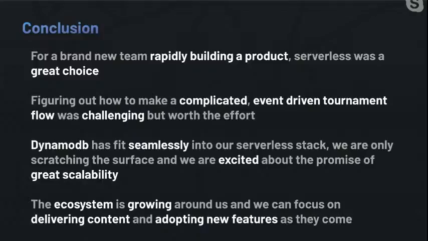DynamoDB has fit really seamlessly into our architecture, and while we're really only scratching the surface now, we have some really big plans to deliver a fast and reliable experience to our customers that couldn't be accomplished with really any other managed database. And the toolkit and the ecosystem around serverless is just constantly growing around us, and it leaves us way more time to focus on delivering content rather than on our architecture and infrastructure.